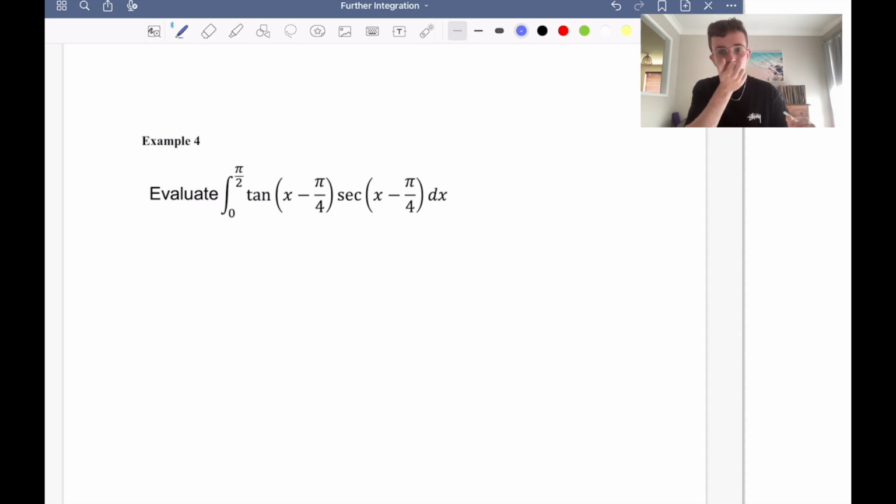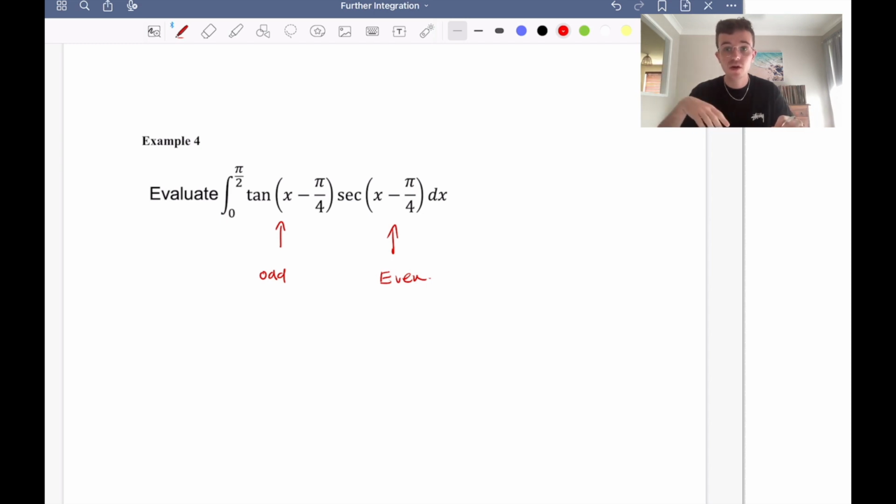So we could do that, or we could realise that tan of x is an odd function, and sec of x is actually an even function. And that's because sec is 1 over cos, and cos is an even function, and 1 over an even